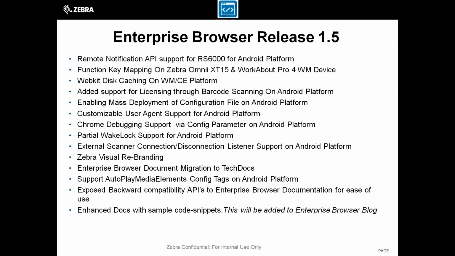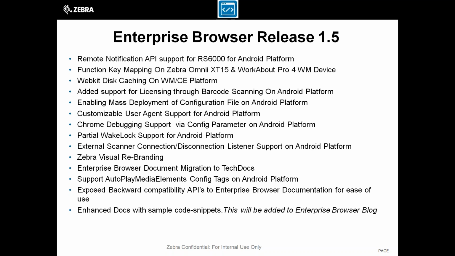We have new features. We have a new API called Remote Notification, which is basically used from the WT6000 device, which is a Frenzy device, tightly coupled with the RS6000 external scanner hardware. Then we have function key mapping, which is supported on Jabra Omni XT15 and Workabot Pro 4 WM devices.